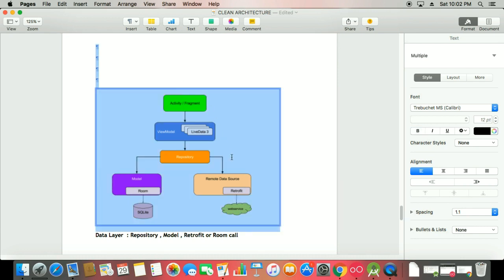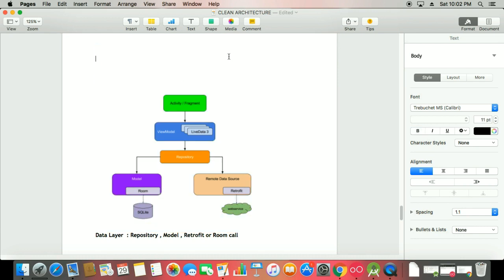I'm not making three layers at this time. This is the first video and I'm making only two layers. I will discuss the third layer in the next tutorial or session. So today I just discuss two parts of this separation.